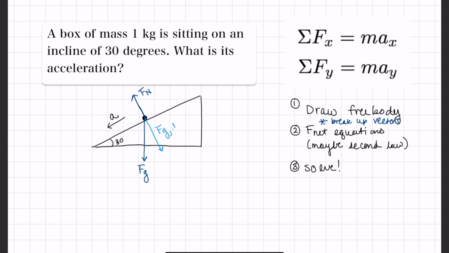FG perpendicular. So I'm just going to put out the side note. This symbol stands for perpendicular, and this symbol of two lines next to each other stands for parallel. So we're going to have that component perpendicular, we'll have this component parallel,